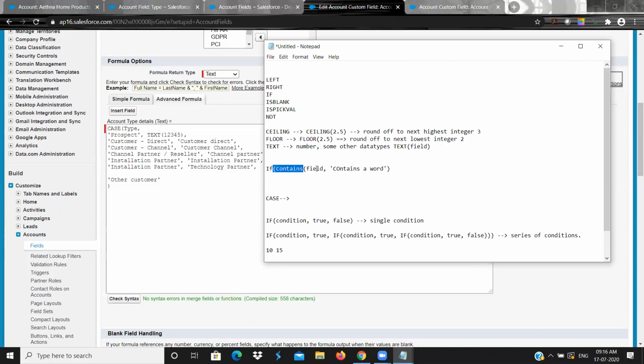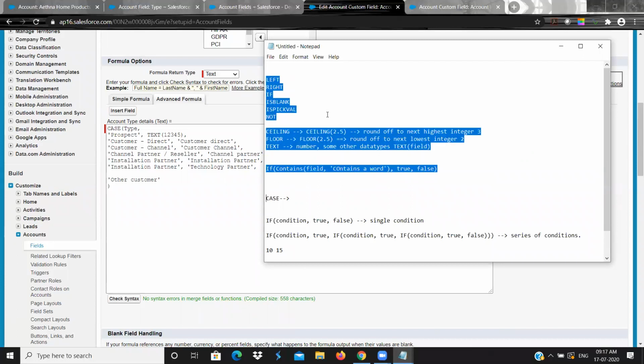If some field contains this word, then you wanted to do this logic. If not, you wanted to do that logic. Mainly in conditional areas, they will check contains, whether some field is having some text or not. In that case, you will go with contains. So these are all somewhat repeatedly used basic formulas.